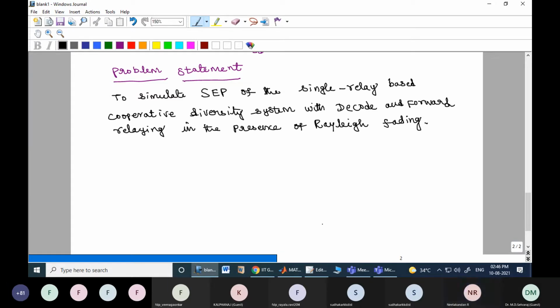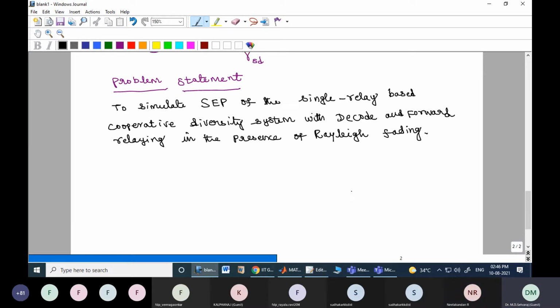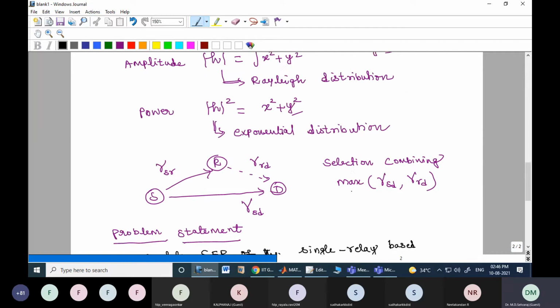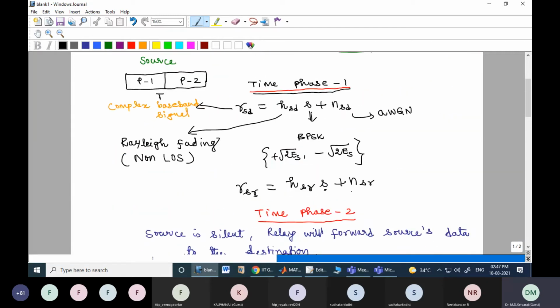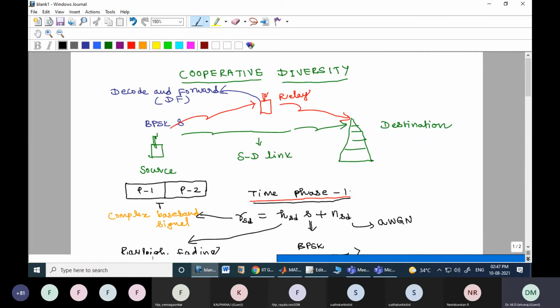Okay, then now what I'm going to do is write the MATLAB code for whatever I explained. I'm going to take 2 minutes again to recollect it for the people who joined late, so that we can write the MATLAB code for this. So today's topic is cooperative diversity. The cooperative diversity system will have three important things. One is the source, another one is the destination.